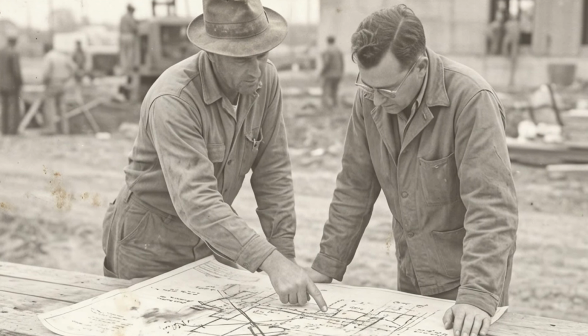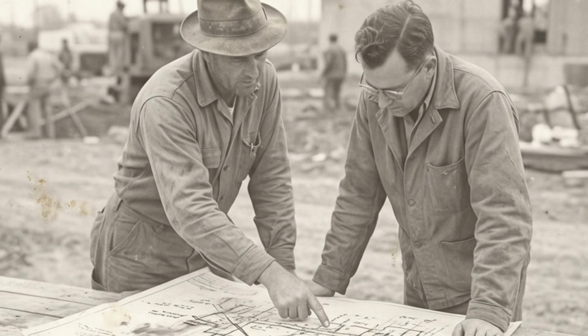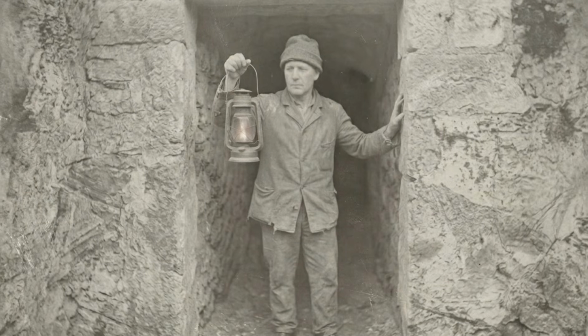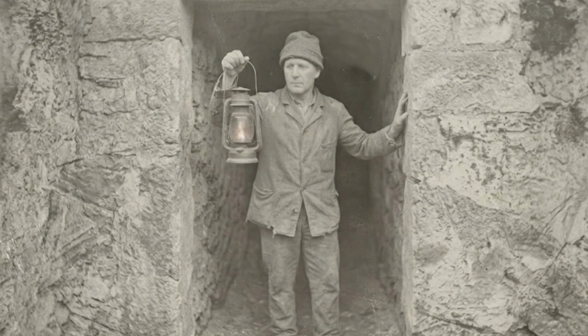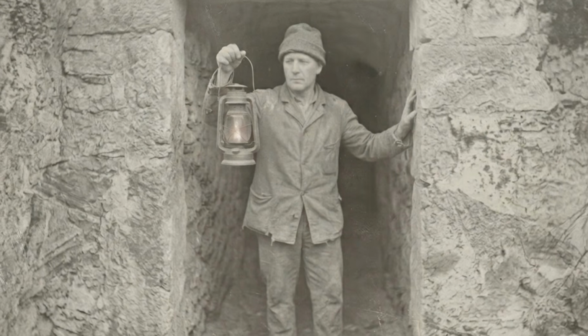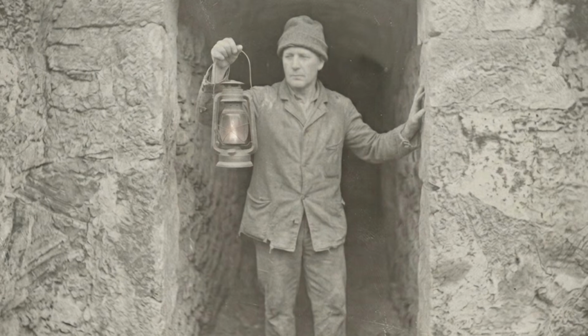This is what a large, evolving construction project looks like on paper. Messy, iterative, full of crossed-out lines and revised dates. It is, in other words, exactly the kind of paper trail in which a single missing notation could plausibly vanish without anyone noticing. So when the foreman's lantern caught that passage near the western foundation, his first assumption was the